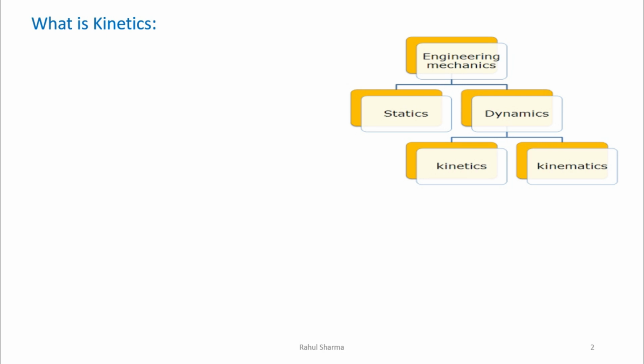In the previous video I have discussed about the kinematic, when we are not considering the reason behind the motion of the object, and now we are going for the kinetic. Kinetic means when we are considering the reason also. Object is in motion, but why, or what are the things related to that motion, we have to discuss. That part is known as kinetic.